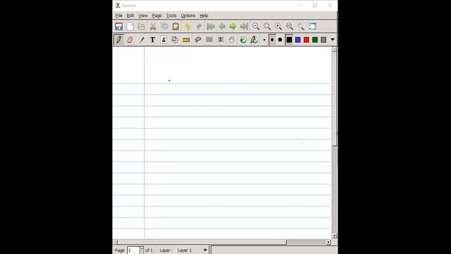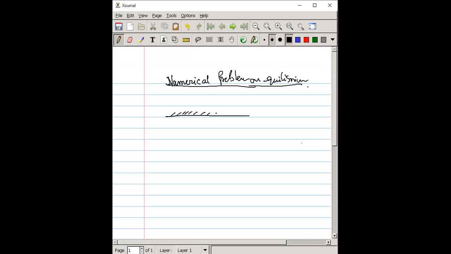So, numerical problem on equilibrium. Okay, so here if we consider a mass, suppose of weight 100 kg, which is connected with two strings